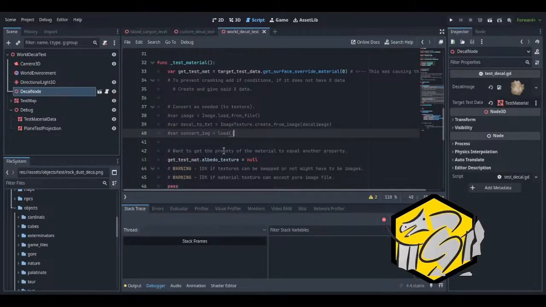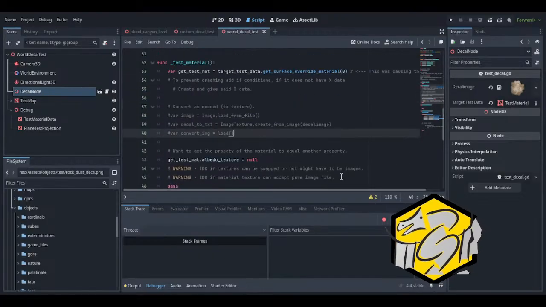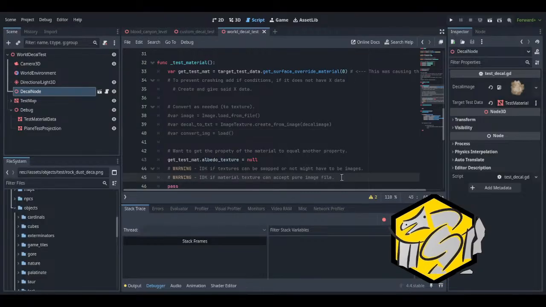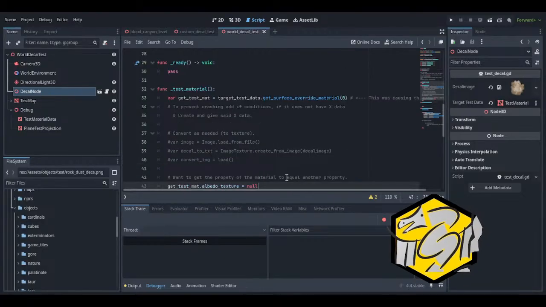We know now. It says it's texture 2D. And we kind of know that already as well.